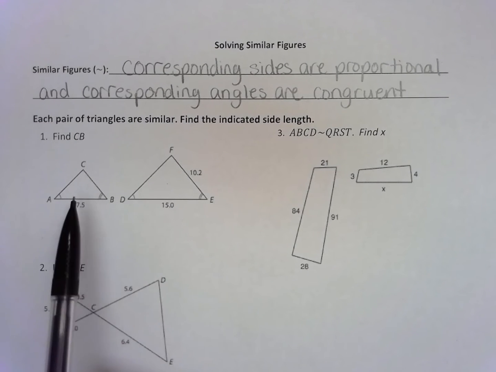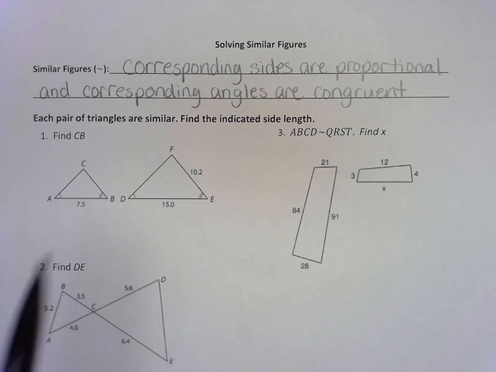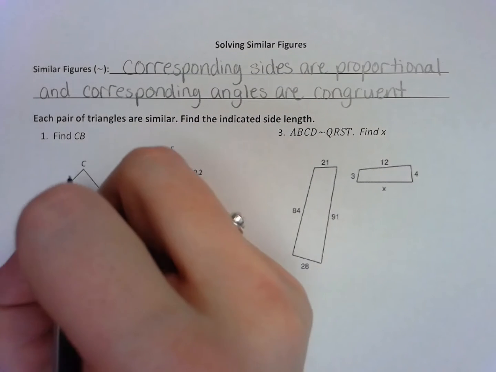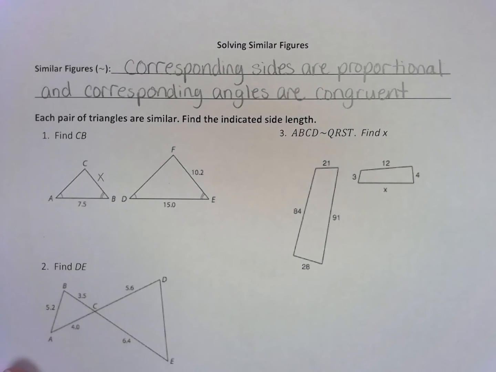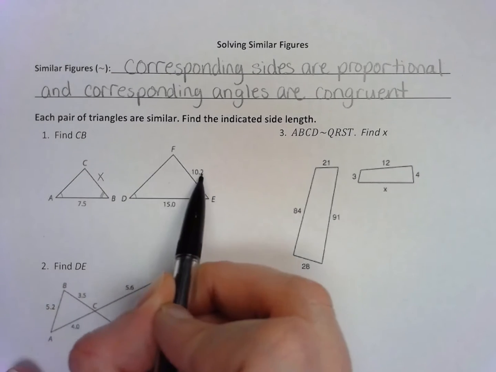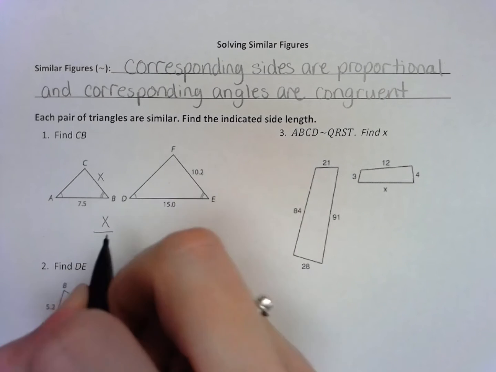These triangles are similar. We can see by angle similarity, these are similar figures. So we're able to solve for the missing side, CB. We'll label that as an X. So the corresponding sides are proportional when these figures are similar. So X over 10.2